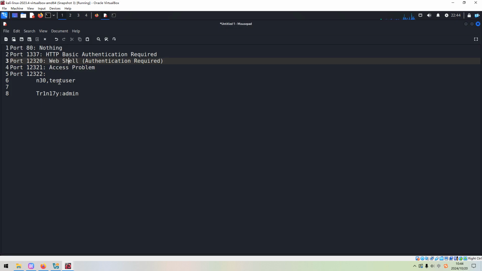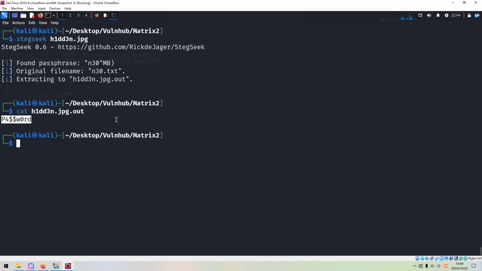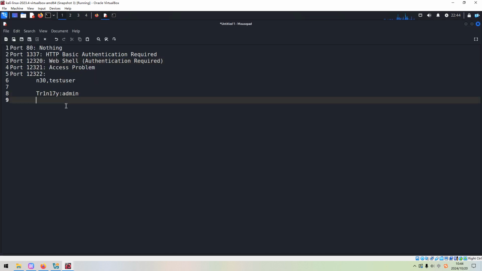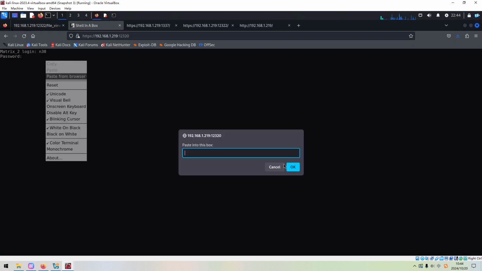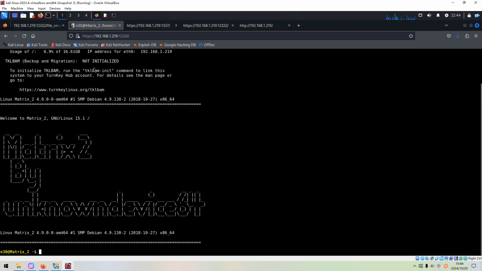The username we can copy, and the password should be here. So the username should be N30 and the password. Okay, we are in the target machine.